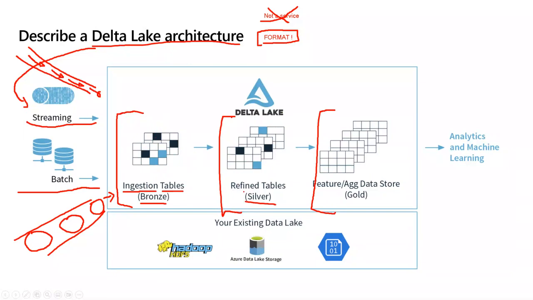The second level, we have performed some actions on those tables. We have, for instance, combined tables. We have joined tables together because we organize them a bit more. So that's why it's called refined tables, and it's on a silver level. And finally, that's where you're gonna actually perform some transformations, some cleansing, like in the ETL process.